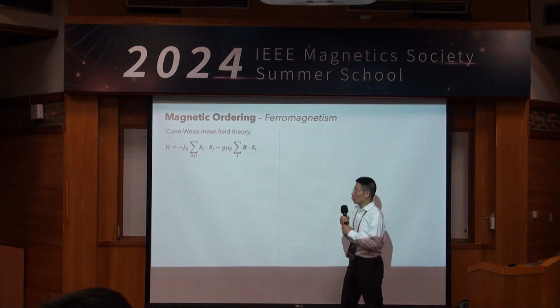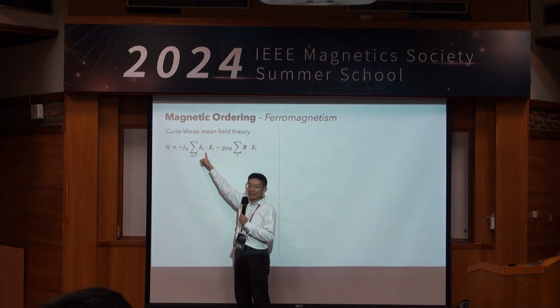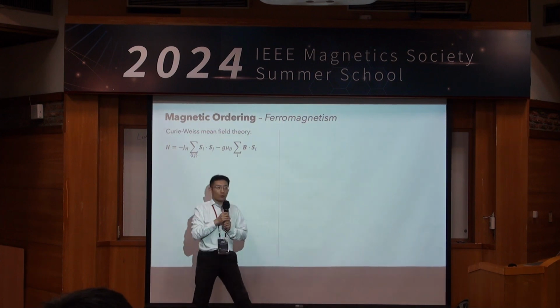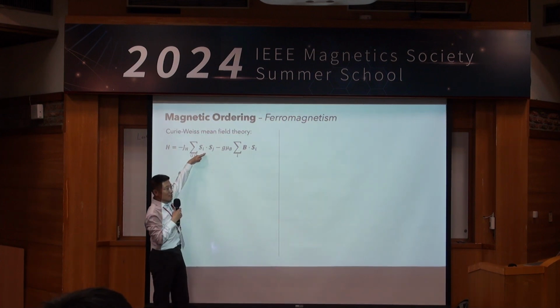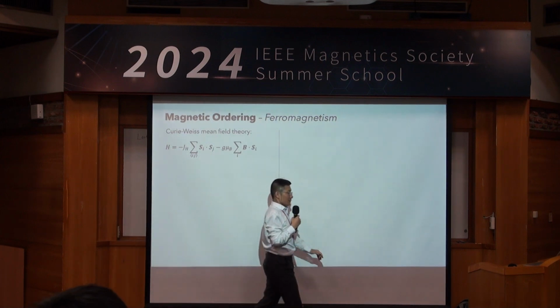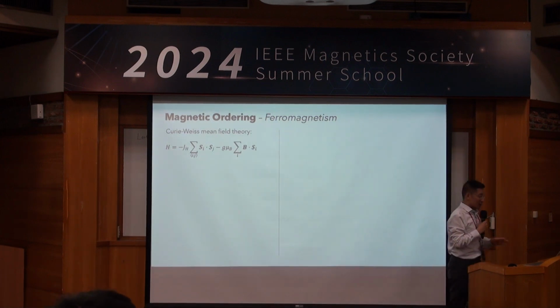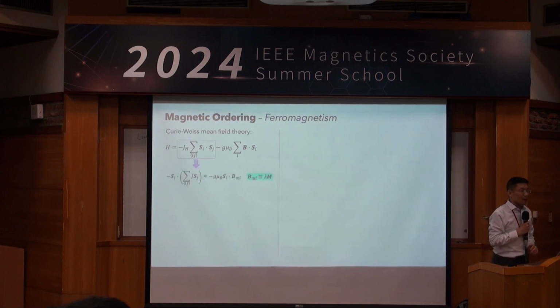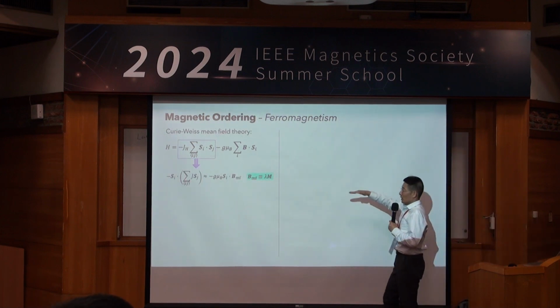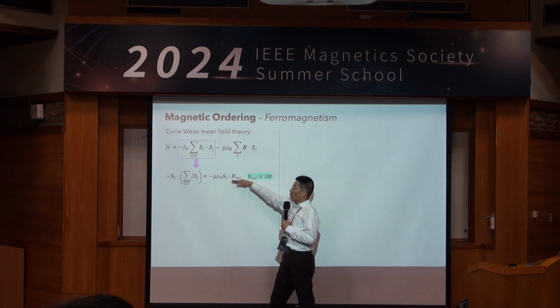We know that a group of interacting spins could effectively be described by a Heisenberg interaction, where the Heisenberg exchange could be very, very large. So the spins are apparently coupled. The key idea underlying the Curie-Weiss model is to define what is known as a mean field in order to